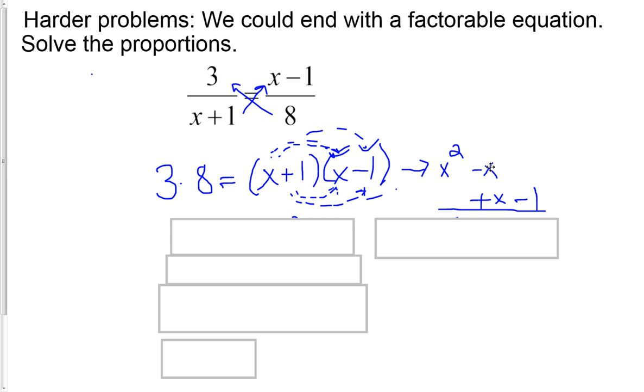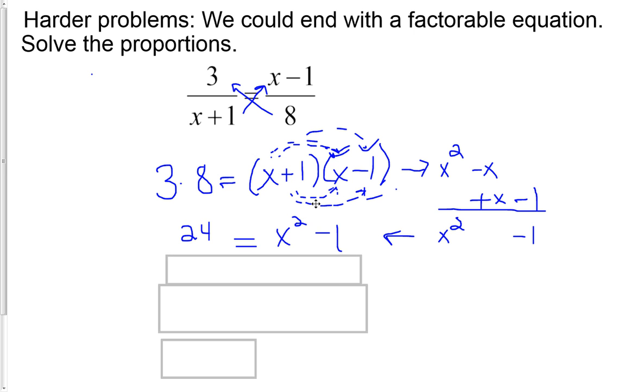X squared minus x plus x, well, that's 0, minus 1. So we just get x squared minus 1. So I'm bringing that back over here. We've got x squared minus 1, and then 3 times 8 was 24. Now, because it just happens that 24 is pretty close to a perfect square, if we move this one over, we can use our square roots. We could also factor if we bring the 24 over,